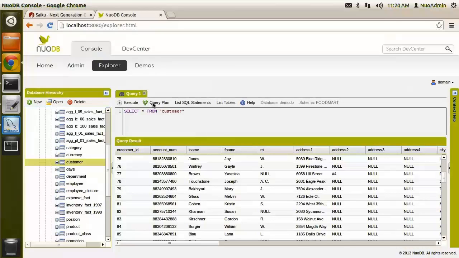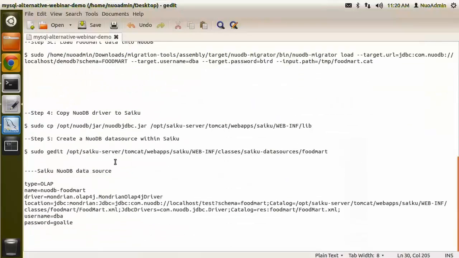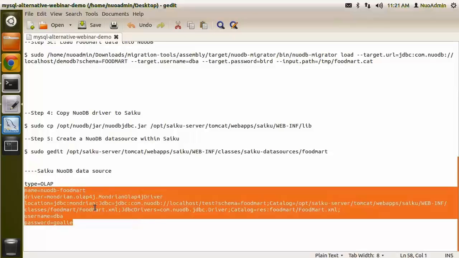Okay, so now that we know that the database works and the migration was successful, let's click back here to a little cheat sheet that I have going on. What we have to do next is simply make NuoDB a database that works in the SciQ Analytics tool. And there's really 2 things that we need to do to make that happen. First, we have to copy the JDBC driver into the appropriate directory on the SciQ side. And then we need to add NuoDB as an additional data source into the data sources folder on the SciQ side. What I'm going to do is just copy the data source that I've created here and paste it right into the appropriate file